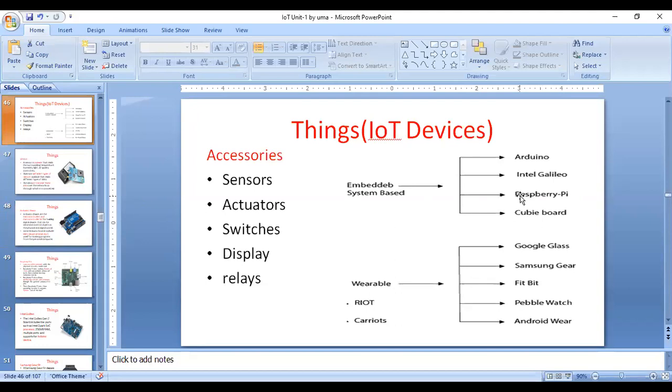Arduino is an embedded system based device, and then Raspberry Pi, and Intel Galileo. Coming to the wearable devices, there are Google Glass, Samsung Gear, and Fitbit. Like that you have different devices: accessory devices, embedded system based devices, and wearable devices.